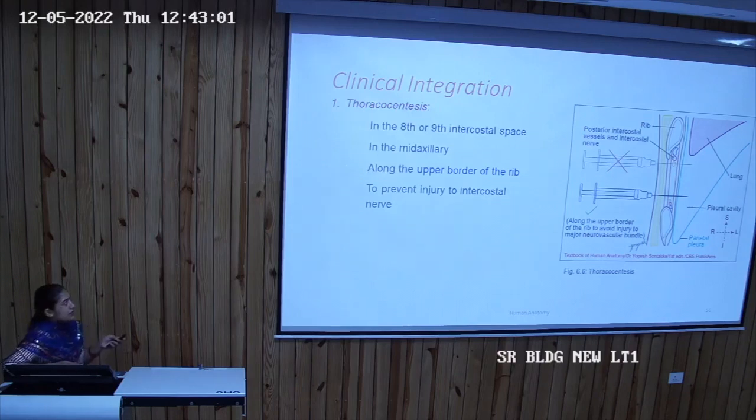So it is done into the 8th or 9th intercostal space where the lung will be ending and the pleural space will be left. Then we have to go along the upper border of the rib. Why can we not go along the inner border of the rib? Because there is the costal groove, which contains the vein, artery and nerve. So if you don't want to injure it, you have to go along the superior border of the lower rib. This is the area where we insert the needle for the pleural tap.